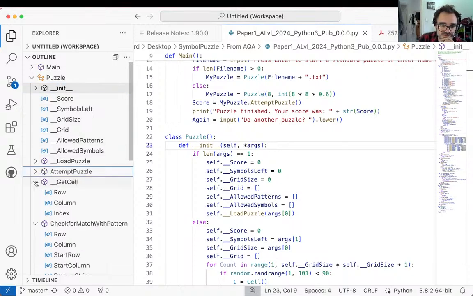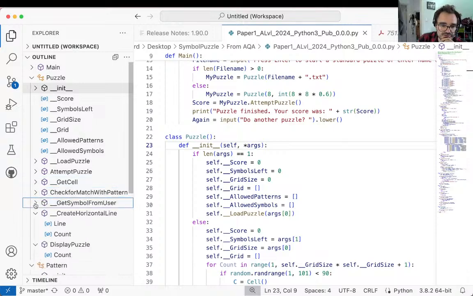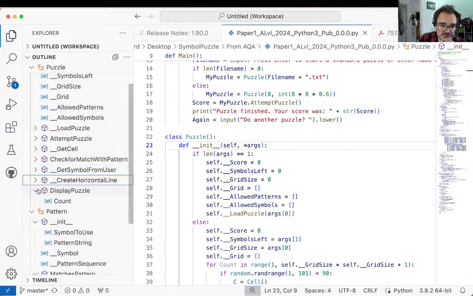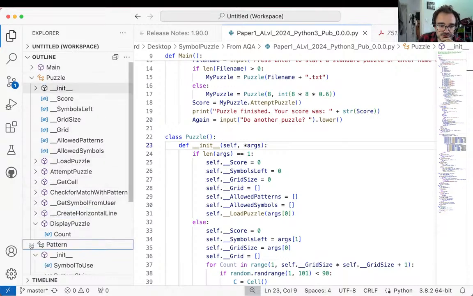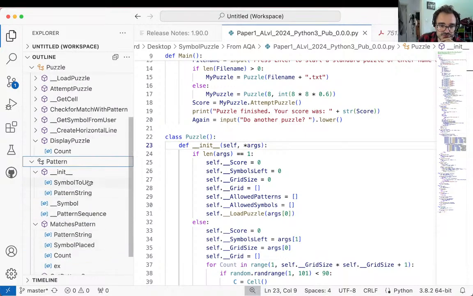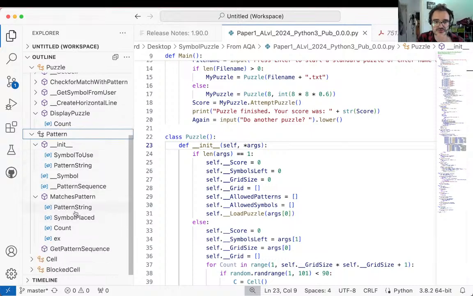The item puzzle is the method where most things happen, and then we get some private and public methods. Display puzzle, unsurprisingly. The pattern will have the symbol to use and the pattern string, so that's the concept of the pattern. X,